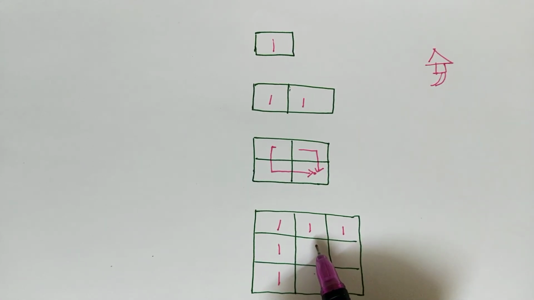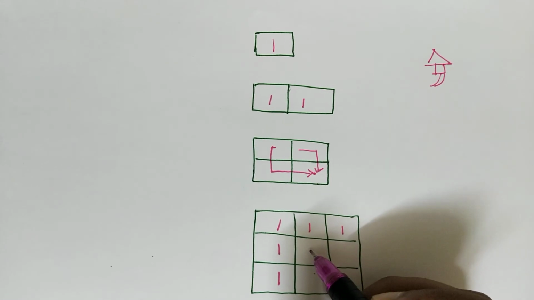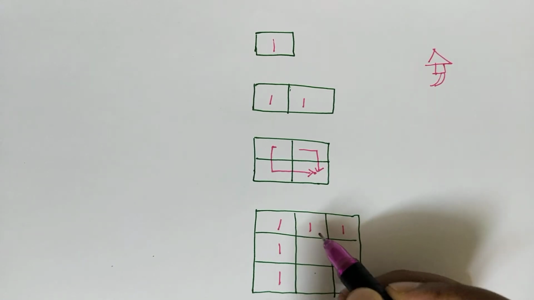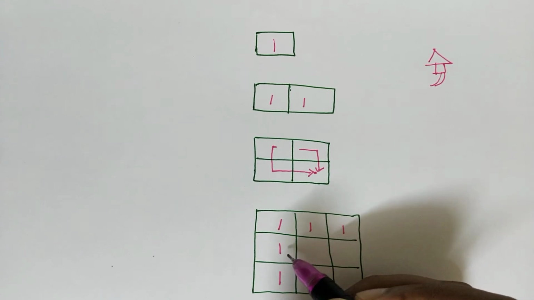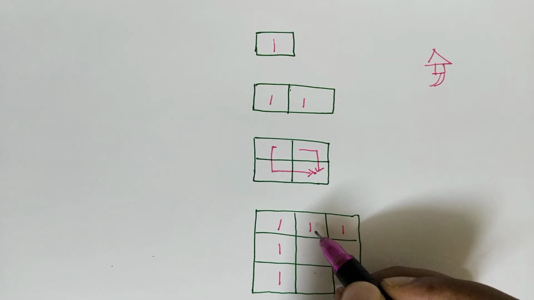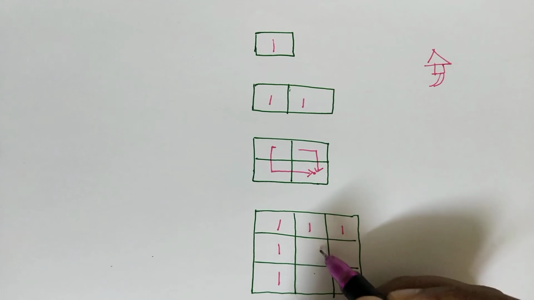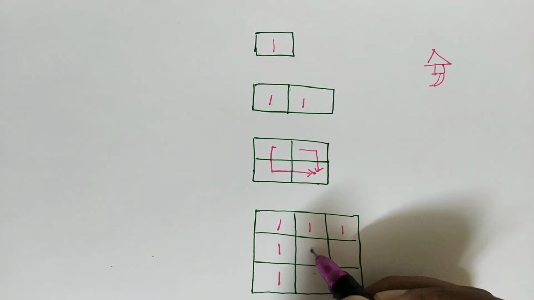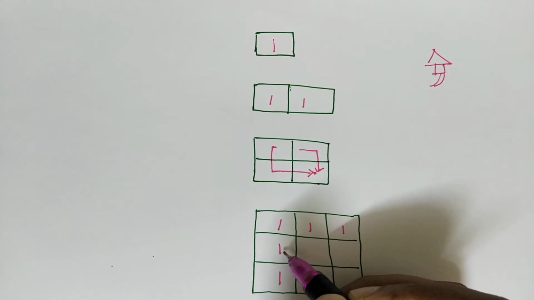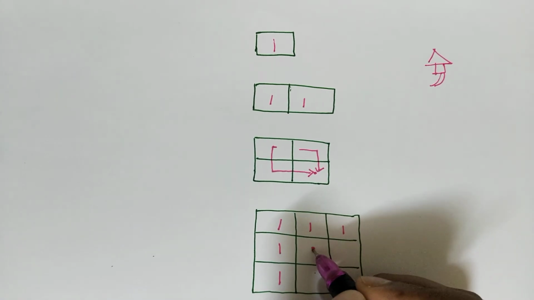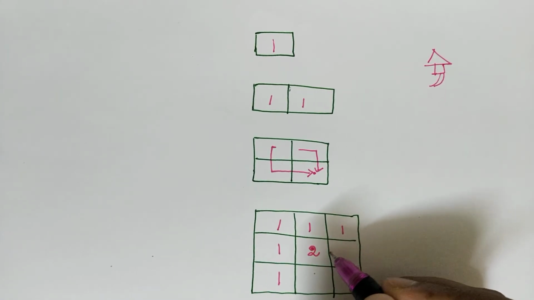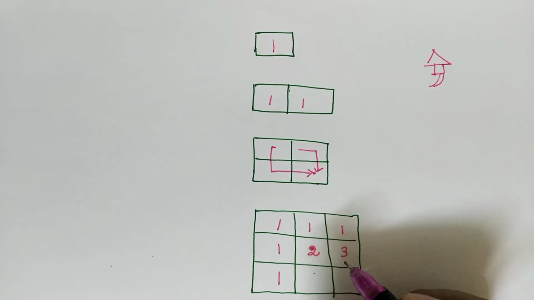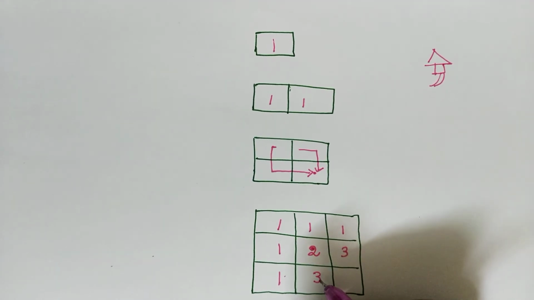So if you take a closer look, I can reach this grid by traveling either from up or from my left. Since there is a condition that we can either travel down or right, to reach this grid I can either come from here or from here. So we will add both the values and fill it as 2. Similarly, for this grid we will add these values 2 and 1 and fill it as 3. And for this grid 2 and 1 and fill it as 3. And for the final grid it will be 3 and 3, which will be 6.